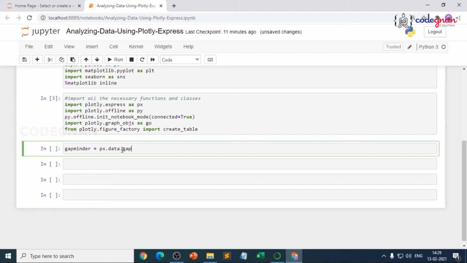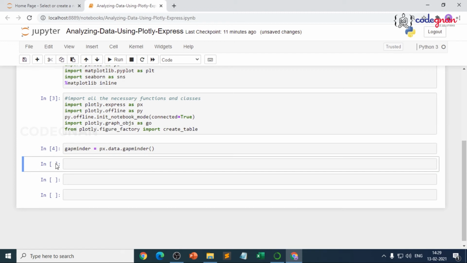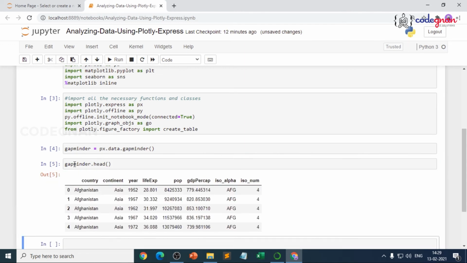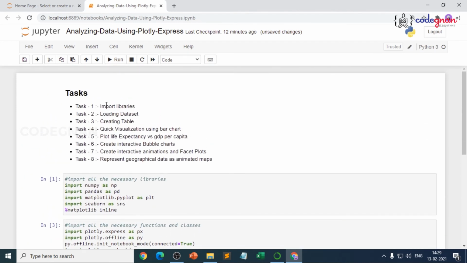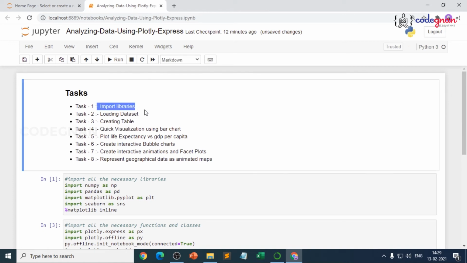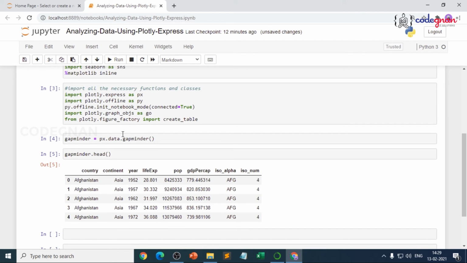So we have this Gapminder data set. Now let's run this, and here I'll just give gapminder.head so we can see the data set, and now let's run this. So this is our Gapminder data set that we have. Here we have done these two tasks, which is importing the library and loading this data set.